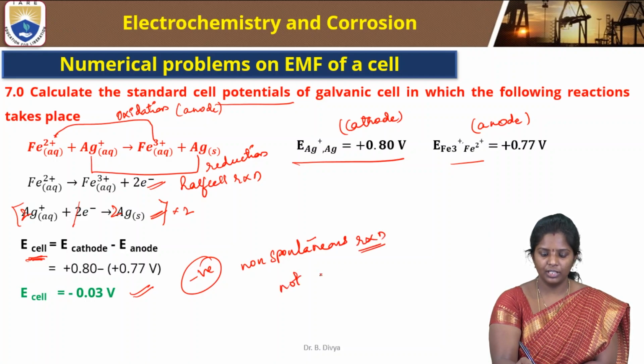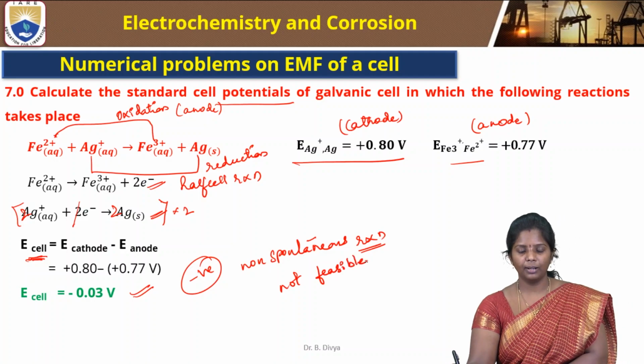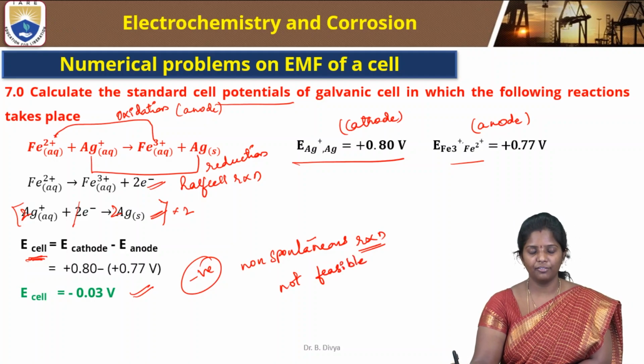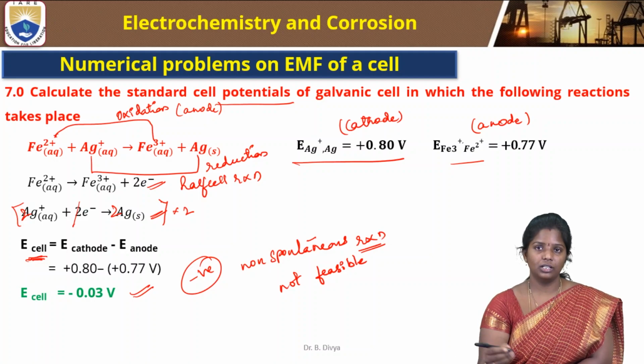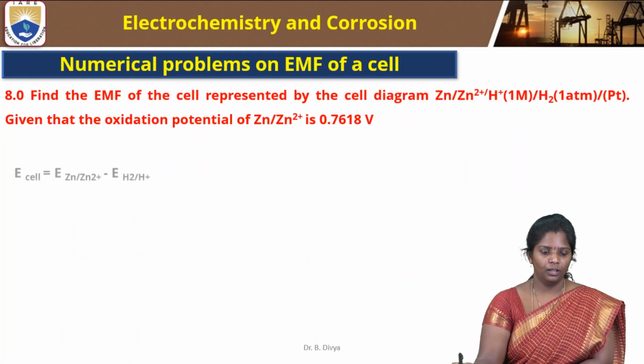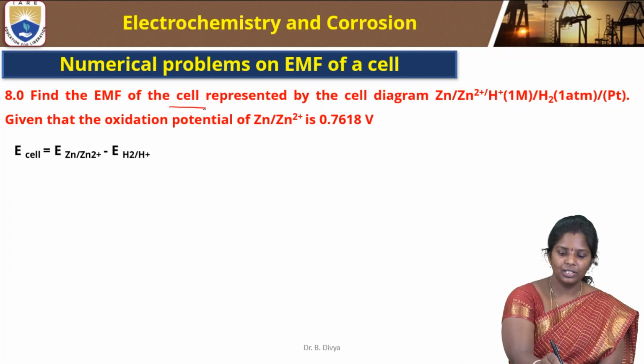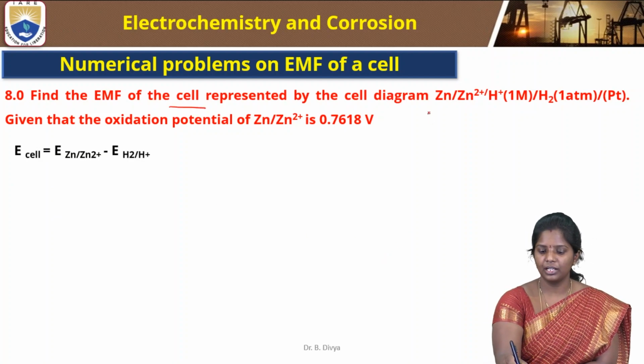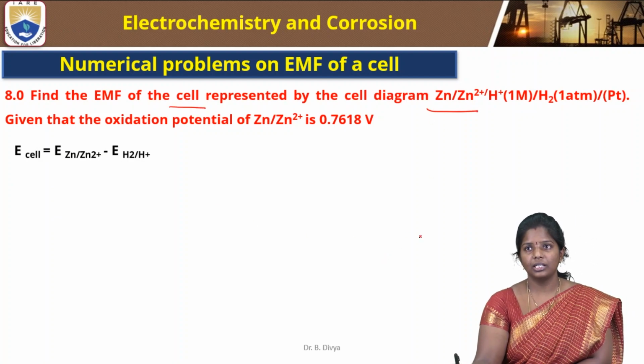Not feasible. Reaction is not feasible. So whenever we are applying for any applications, we have to take into consideration the potential of that particular cell, so that we will understand whether that will work or not. So next is, find the EMF of the cell represented by the cell diagram, zinc to Zn2 plus,